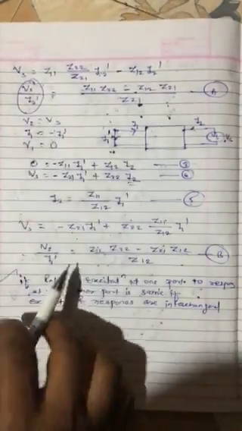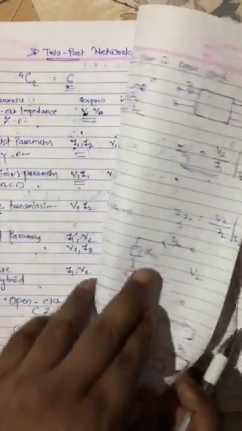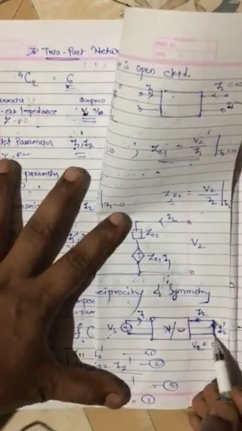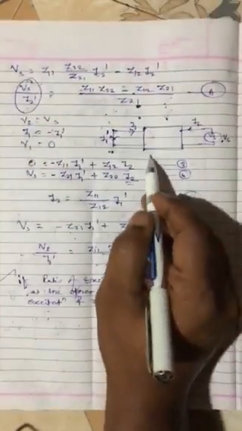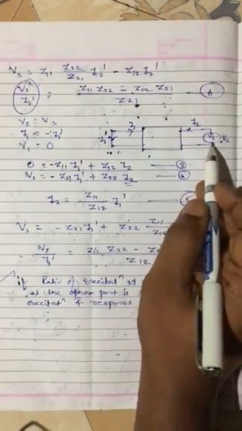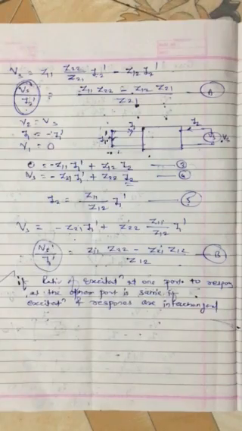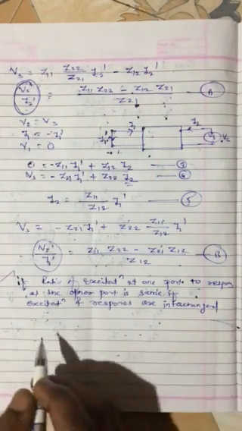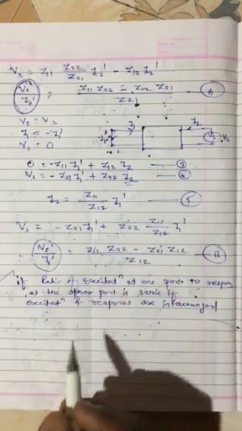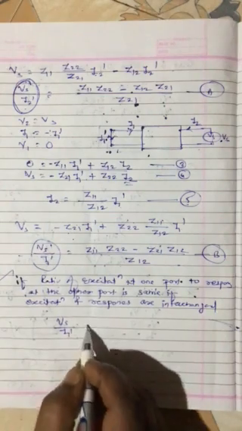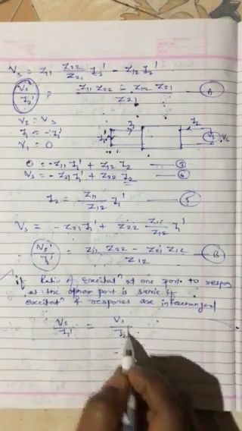The ratio of voltage and current, response and excitation, Vs and I2 dash. Okay, when the condition was like this, where is the circuit? Yes, the condition was like this. See, excitation was here, response we were measuring here, and now in another case exactly vice versa. Excitation is here, response is at this end. So in both cases, the ratio of voltage by current, excitation and response, should be the same. So in the above case, a network can be said to be reciprocal if Vs upon I1 dash is equal to Vs upon I2 dash, right?